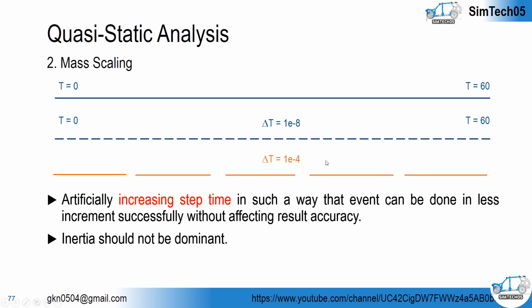But if I am able to increase that stable time from 1e-8 to 1e-4 or 1e-6, then the increment size will also increase and the simulation can be completed in less time. But for that we have to introduce some artificial mass, and once we introduce it